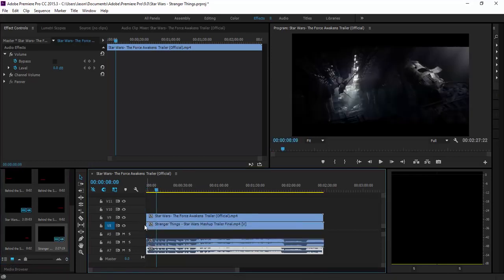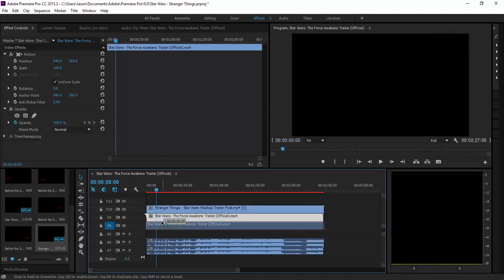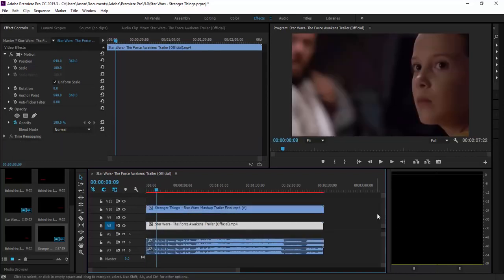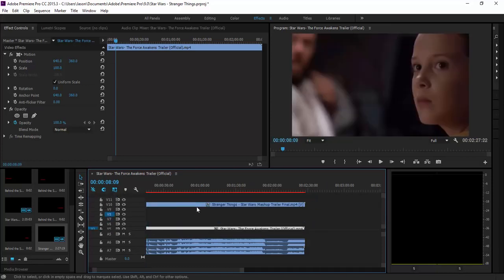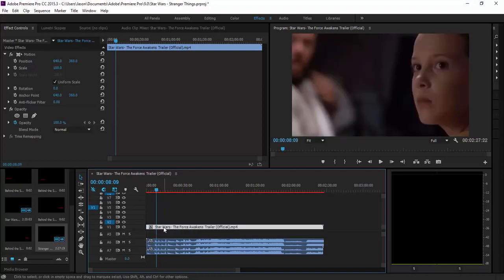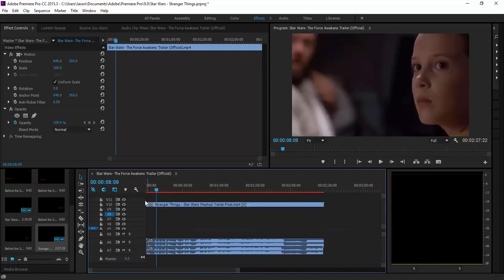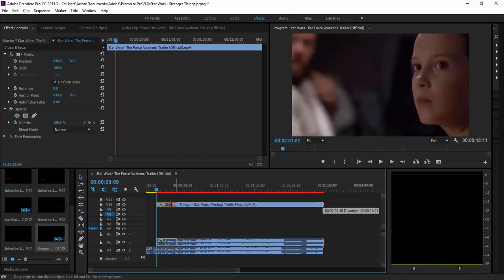So right now, see, this is on top. So I always put the new files on top, so it's always good to have whatever you're working over. You know, the Star Wars part's going to be cut out, so I always put it at the bottom layer. Now I can edit this image or this scene over the top